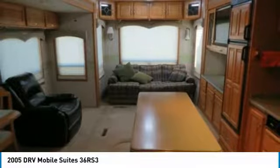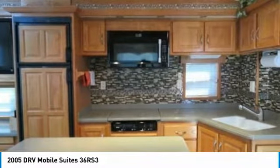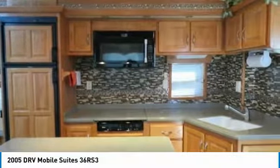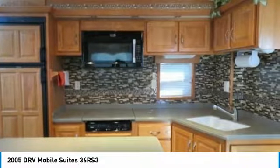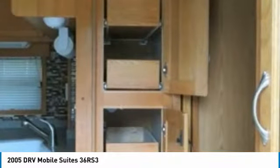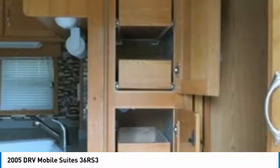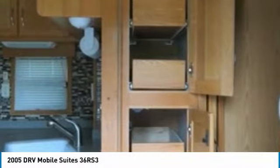Highlights of these advantages include: Corian countertops, 3-burner stove, convection microwave, new refrigerator, double kitchen sink, dinette with chair seating, pantry, 32-inch flat-screen television, surround sound, DVD/CD/stereo, pull-out sofa sleeper, chairs. Bathroom: Corian countertops, walk-in shower, new skylight over shower, washer/dryer included, outside shower. Master: king-size bed, full-size closet and dresser,